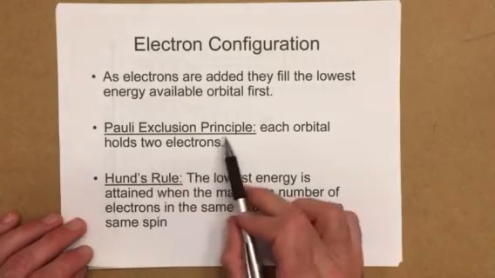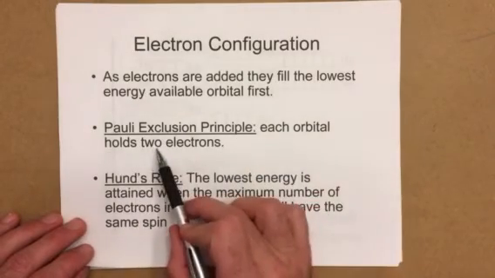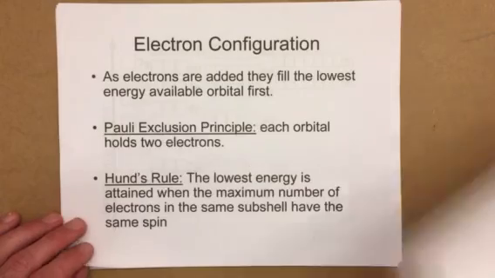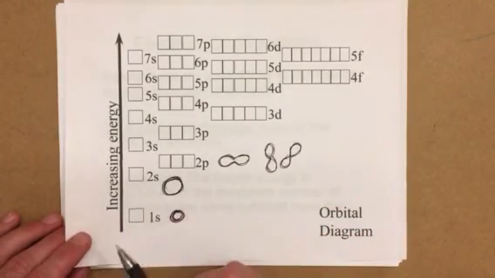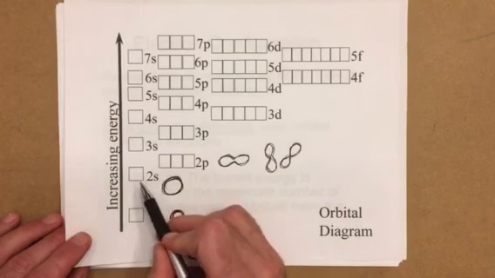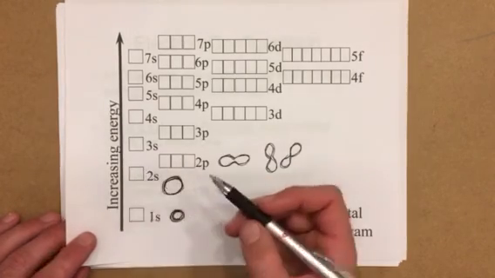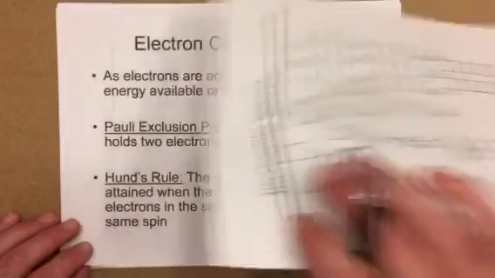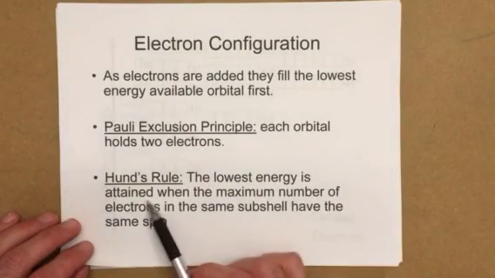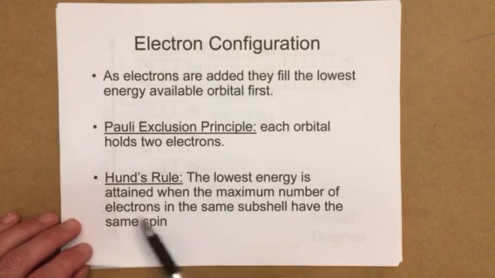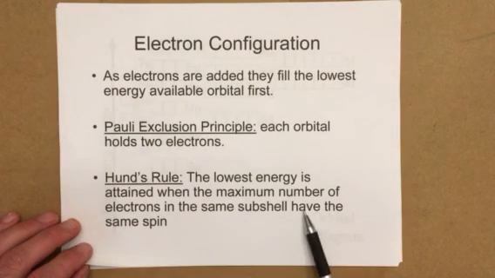The Pauli exclusion principle states that each orbital can hold only 2 electrons. So in this diagram, each box is representing an orbital. And in each one of these boxes, you can put 2 electrons. When you have 2 electrons, they're going to be spinning in opposite directions. And then Hund's rule says the lowest energy is attained when the maximum number of electrons in the same subshell have the same